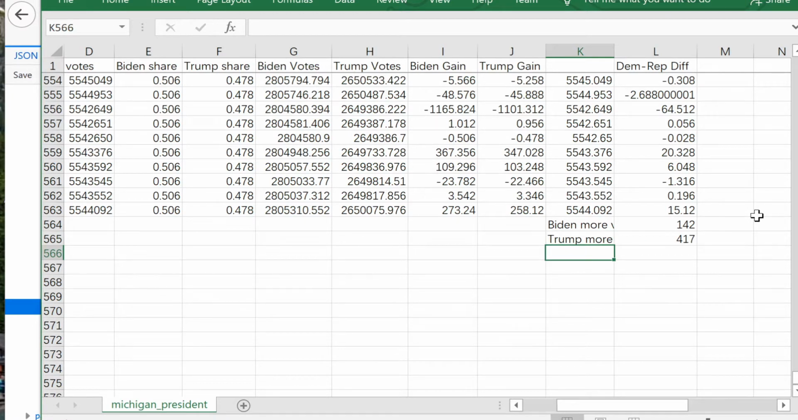So you see Trump has more votes, 400 times. Biden has 140 times. It's almost 3 times. Trump has more votes. But how come in the end Biden has more total votes? That's because in these 104 times Biden has more votes. He had a higher margin,